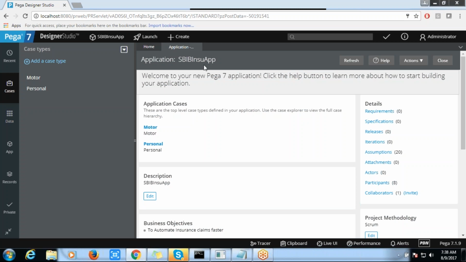The personal loan portal is different, the home loan is different. So the user is mapped to that particular access, and they get whichever portals or access are provided. So this is the Pega developer portal.